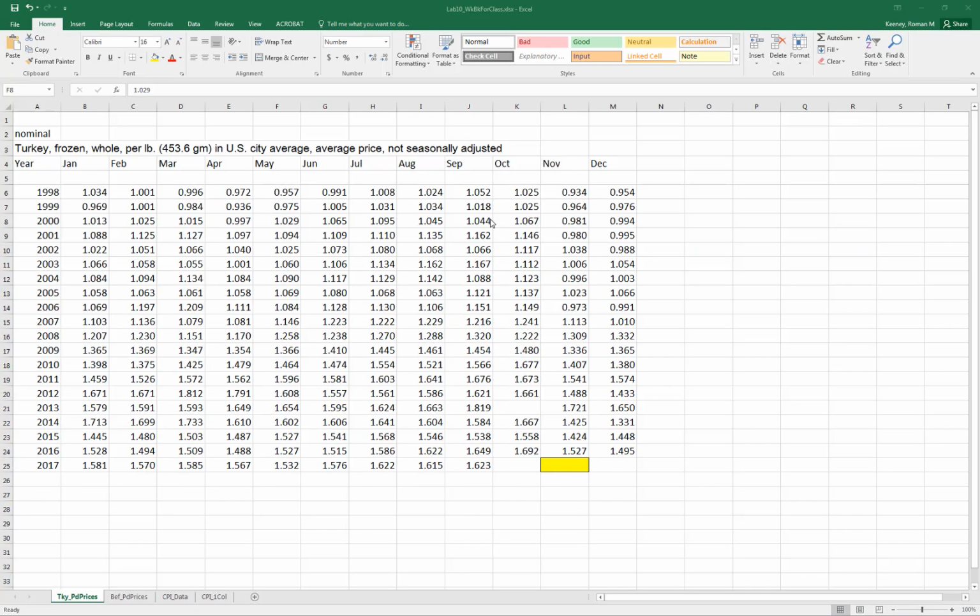Okay, I have my spreadsheet pulled up to the turkey prices sheet. You'll see the yellow cell right here. This is our target that we have to fill in. We don't know what that value is yet. These prices are frozen turkey prices per pound, so everything is in the same units. The prices are all nominal, not seasonally adjusted. So there's nothing for us to do here but try to fill in this